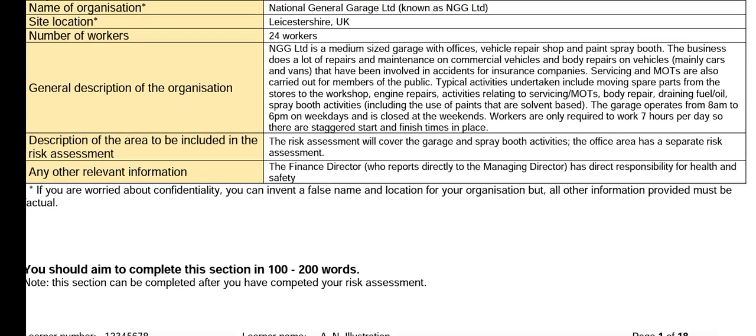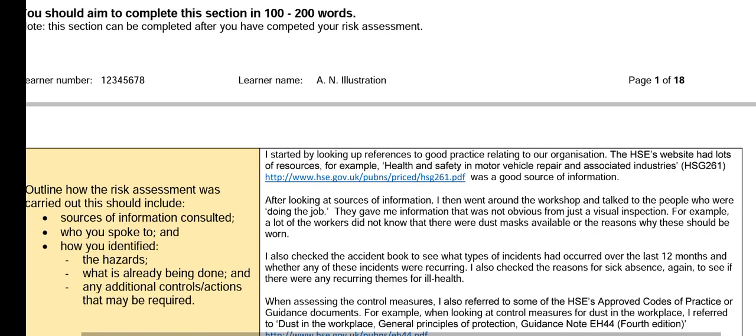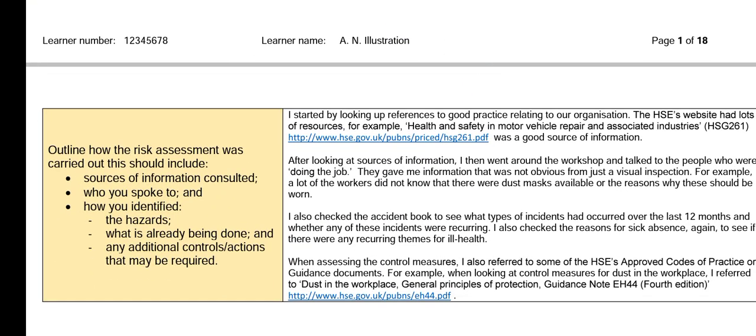And then the area for which you are preparing the risk assessment, that you will mention from your company. And then the responsible person to whom you report, the person who is responsible for health and safety, you will mention that person. Okay. The second, part B of this part 1,